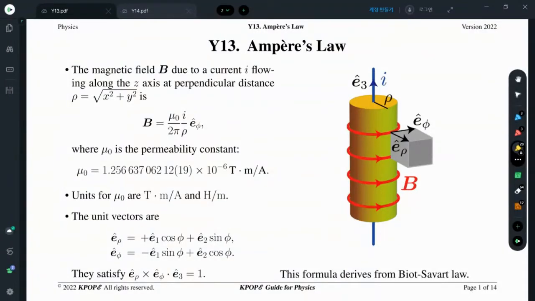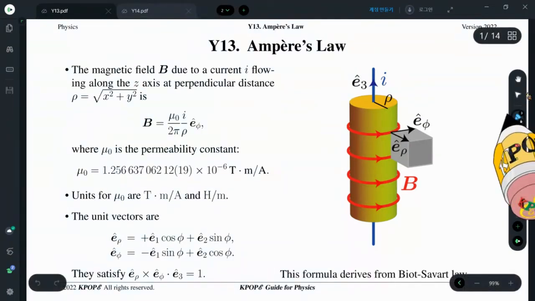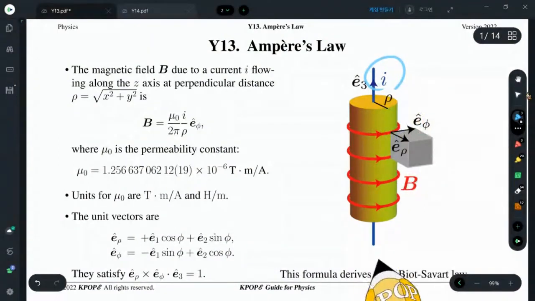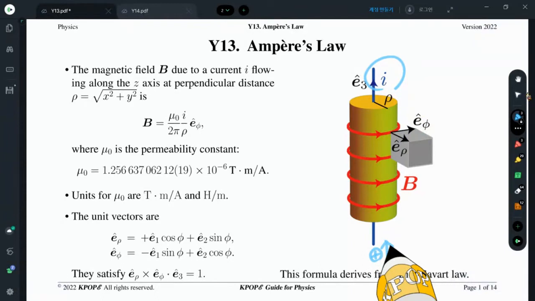Y13, Ampere's law. Magnetic field is induced by a current I. The positive charge is moving upward. In that case,